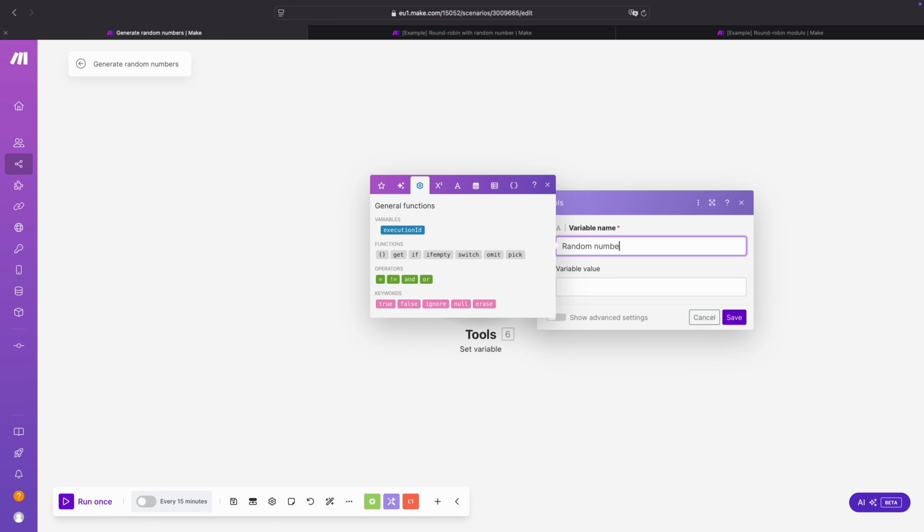The random variable is a really cool feature in Make that we can use to generate this random number between 0 and 1 with these 16 decimal places. So over here you see a random number 0.0985 and then a whole bunch of other numbers. If I run it again, you see that every time we get a different number. Now, this we're going to use in almost all the examples I'm about to show you.